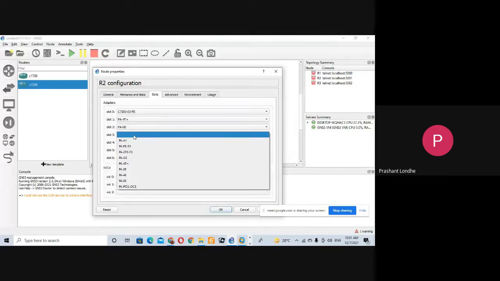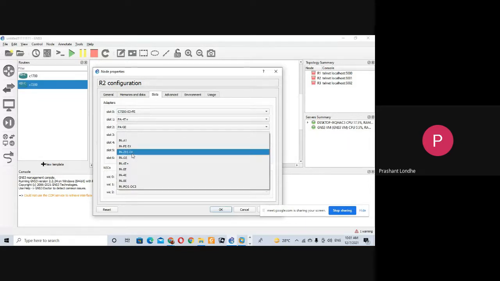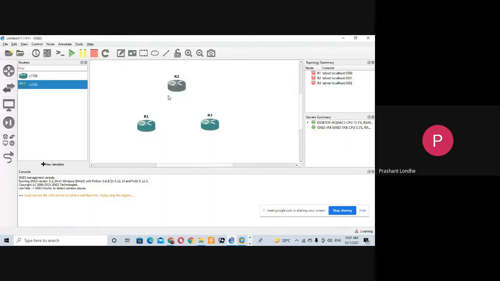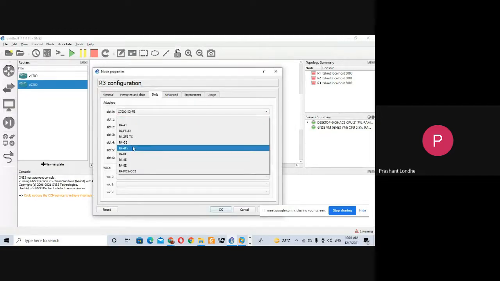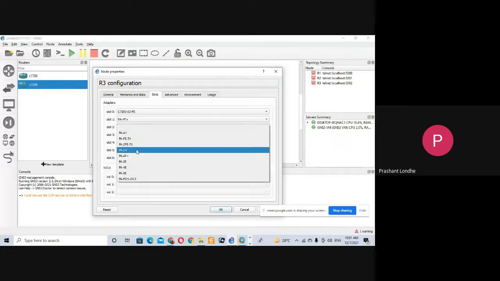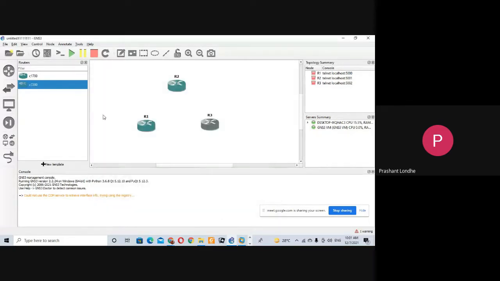There will be one more slot, that is slot 3, and we are supposed to select PA Giga Ethernet. For R3 you will do the same thing: slot 1 for serial cable and slot 2 for Giga Ethernet.